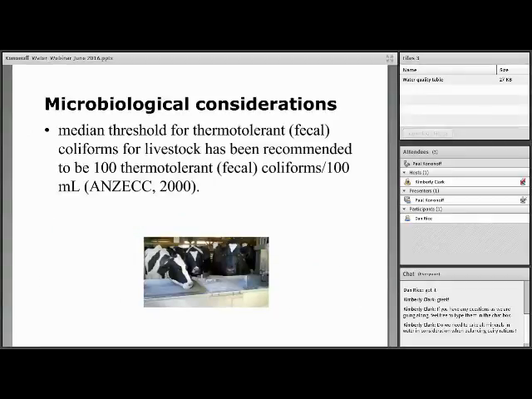I want to spend some time talking about microbiology in water. This is something that we're concerned about. Again, this is a challenging thing because probably the most important thing, when you're dealing with any kind of microbial issue, is to understand